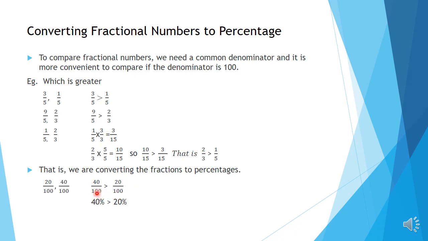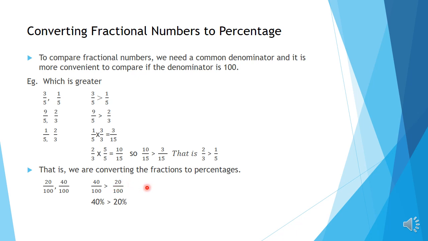And you know children, when the denominator is 100, we say it is percentage, we can say 40 percentage. And here the denominator is 100, so we can say this is 20 percentage. 40 by 100 means 40 percentage. Why? Here the denominator is 100, so we can take the numerator and put the percentage, simple. So 40 by 100 is 40 percentage and 20 by 100 is 20 percentage. We can very fast say 40 percentage is greater than 20 percentage. So for comparing numbers, when we get the percentage, it is very easy for comparison.